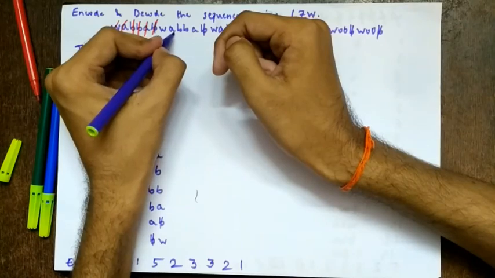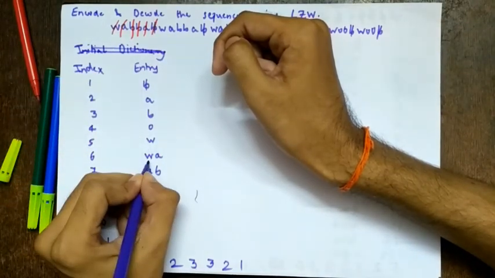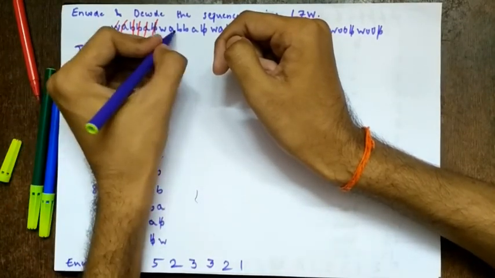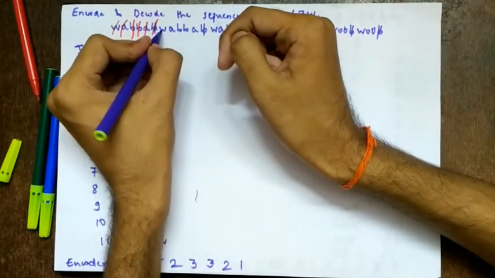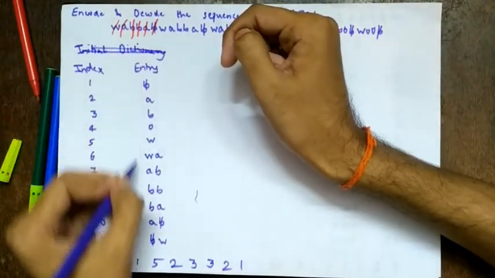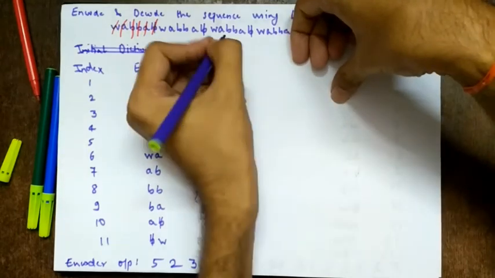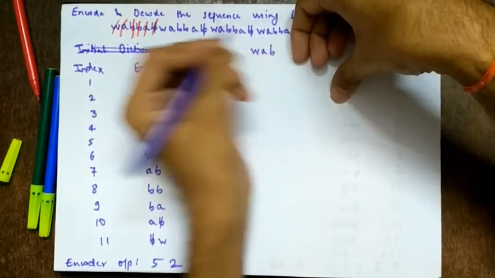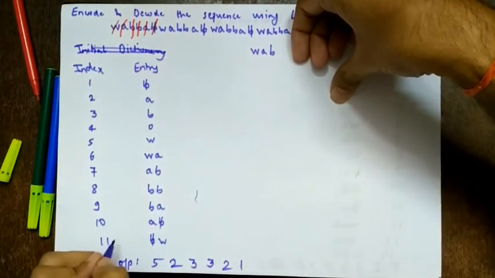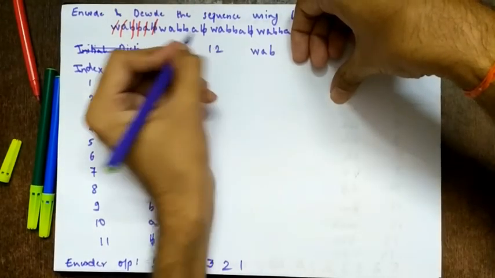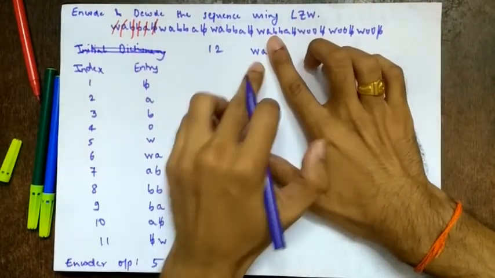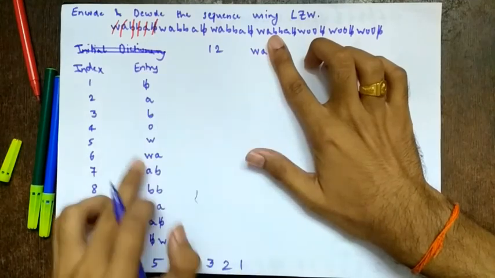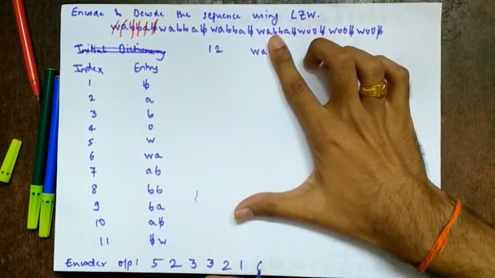So then we take WA. We again check WA. Is WA in the dictionary? Yes. Right? So we do not make a duplicate entry, obviously. So we take WAB. Is WAB in the dictionary? No. Now you might get an idea that we are starting to achieve compression. So I am continuing here. So WAB next index is 12. Now again remove the last alphabet. What is it? WA. What is the index corresponding to it? 6. So you now get here 6.